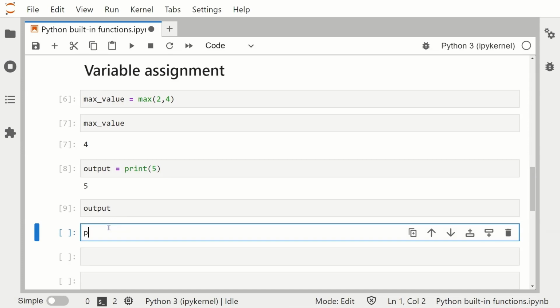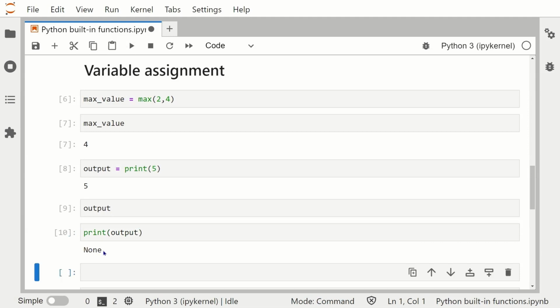So if we say print and then output, run that, we'll see here that we've got None. So this is an actual data type in Python. There are other functions that also return None, and we'll learn more about what return means when we create functions in the next video.